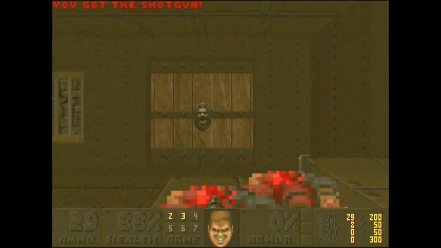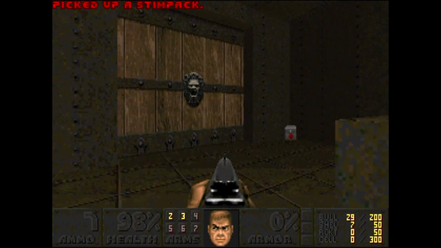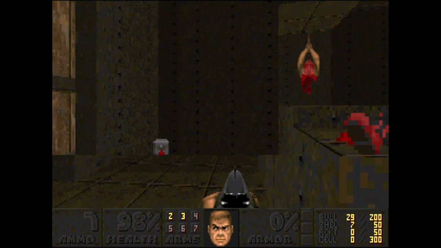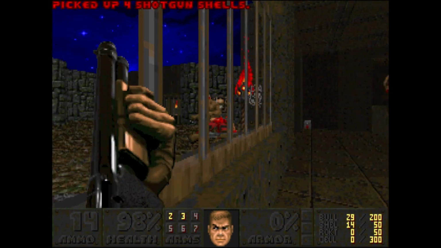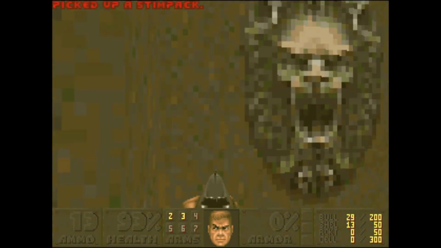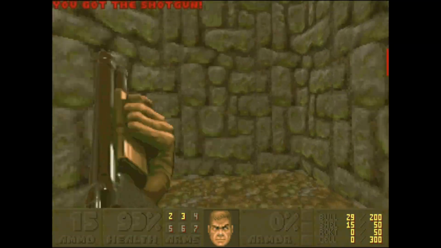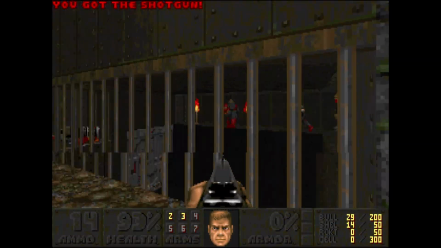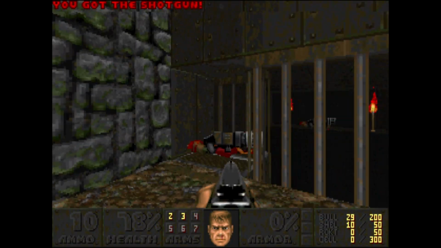So I believe this WAD also followed... I kind of like the layout of this area. But this WAD follows the game design ethos. Oh, I had to shoot a switch out here to reveal a switch to let me out. The game design ethos of creating the first level last, which...